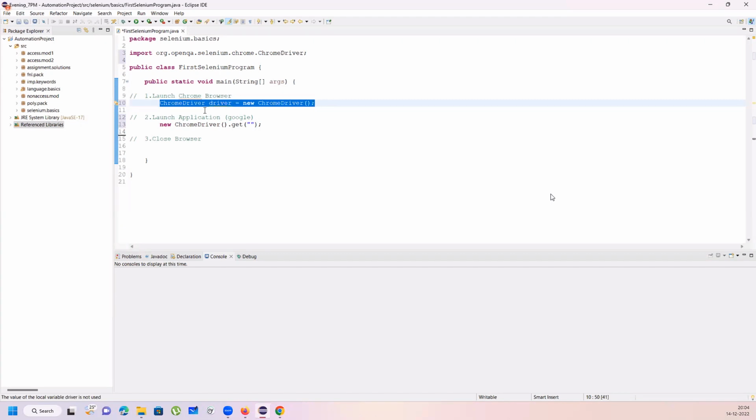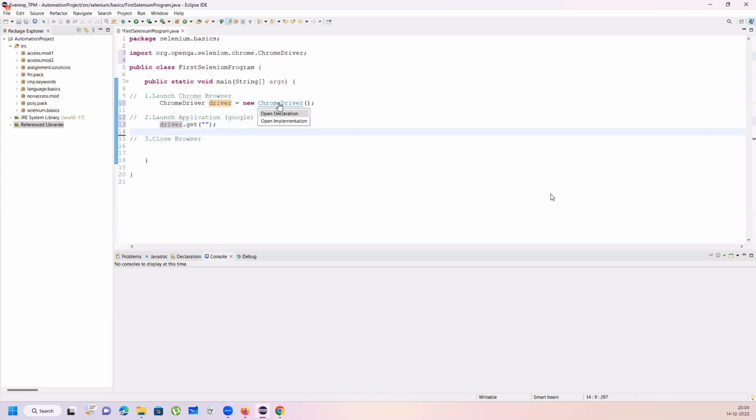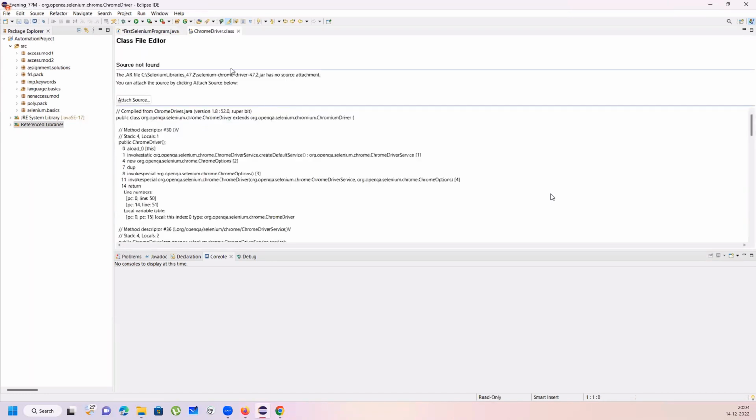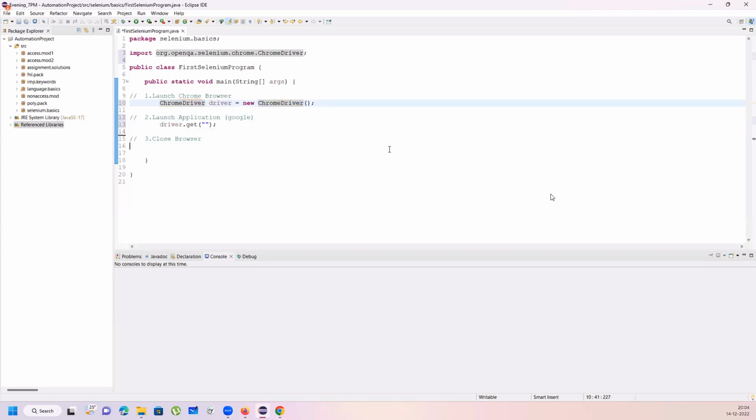Yes, yes. So first we have to store ChromeDriver driver is equal to new ChromeDriver. ChromeDriver is a class, right? Yeah, it's a class. And we are creating objects of that particular class. So it is going to immediately initiate the browser session. Within this particular browser session, now I want to